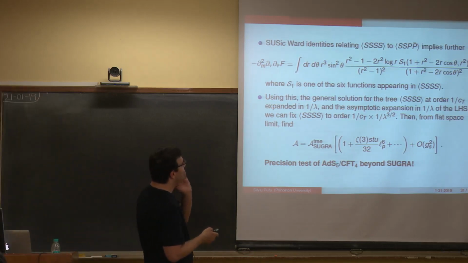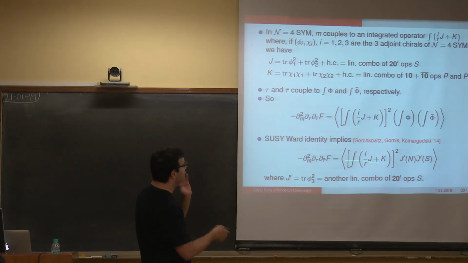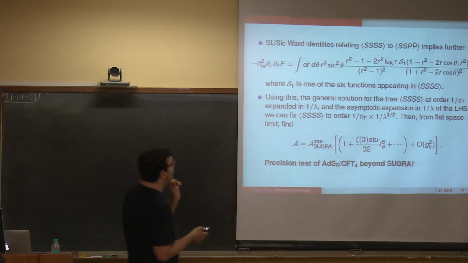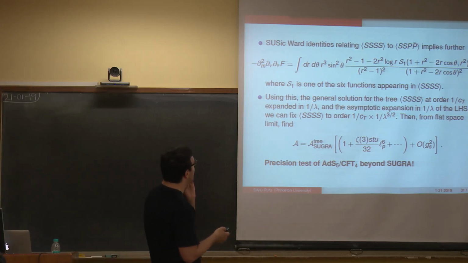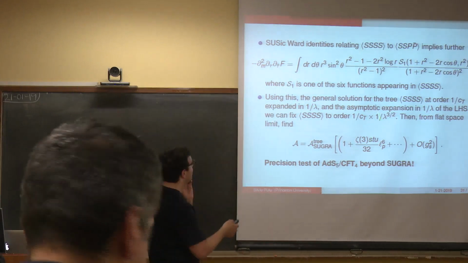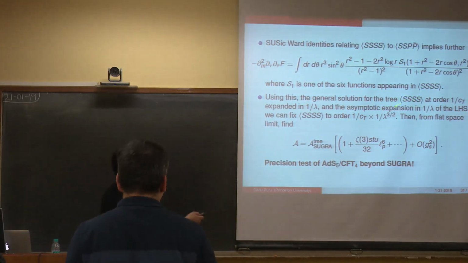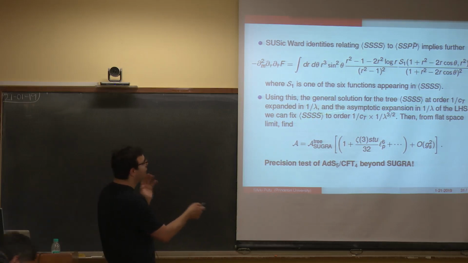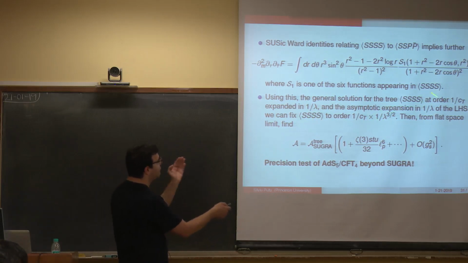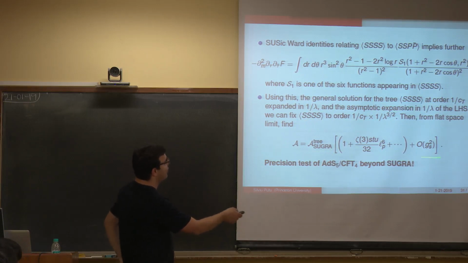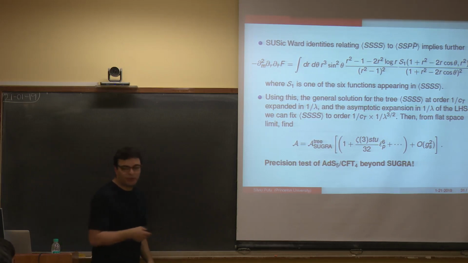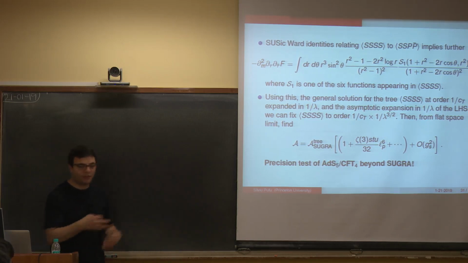Anyway, it's the same idea as before. One can use this integrated 4-point function as a constraint, and then one can determine the Mellin amplitude corresponding to SSSS at order 1 over CT, expanded in 1 over lambda, up to order 1 over lambda to the 3/2. And then taking the flat space limit, one can find this expression, which is the scattering amplitude in flat space up to that order. And this is a precision test of AdS5/CFT4 beyond supergravity because we reproduced the R to the 4